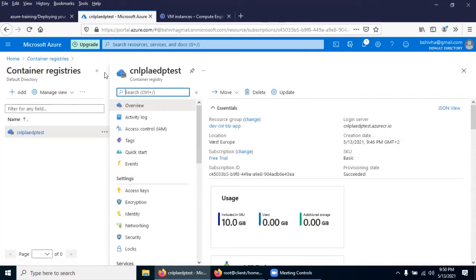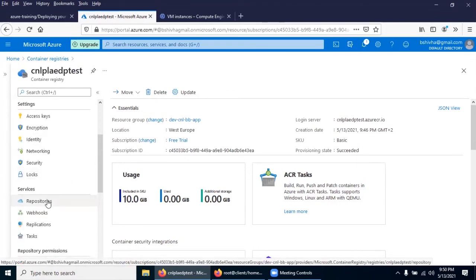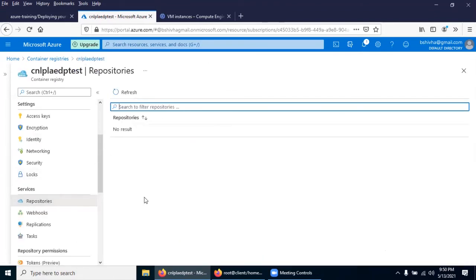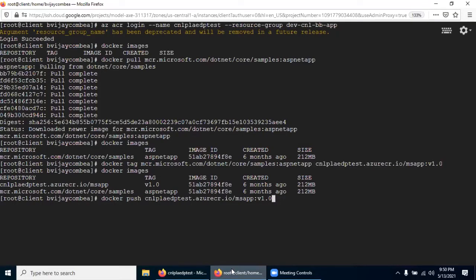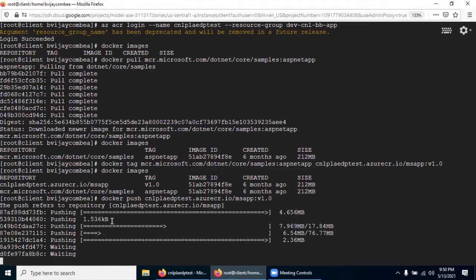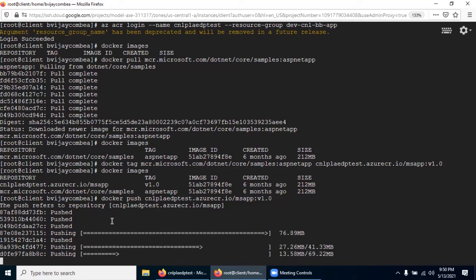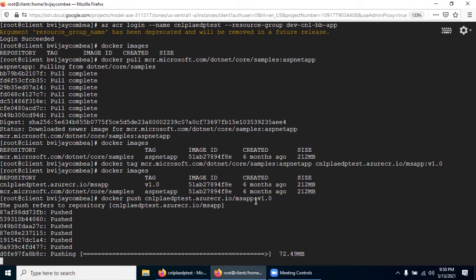On the left-hand side, scroll down, go to repositories, and there are no repositories, right? So now I'm going to push it. Wait, the push is happening to the Azure Container Registry which we created, with the name msapp. The tag name is version 1.0.